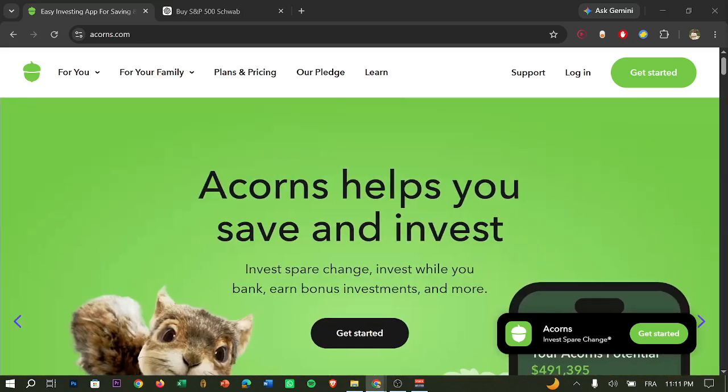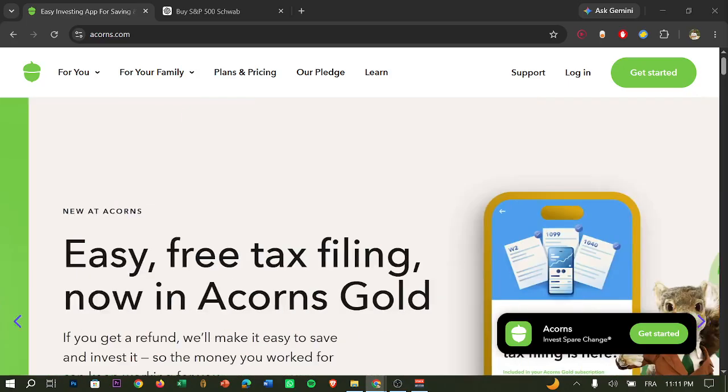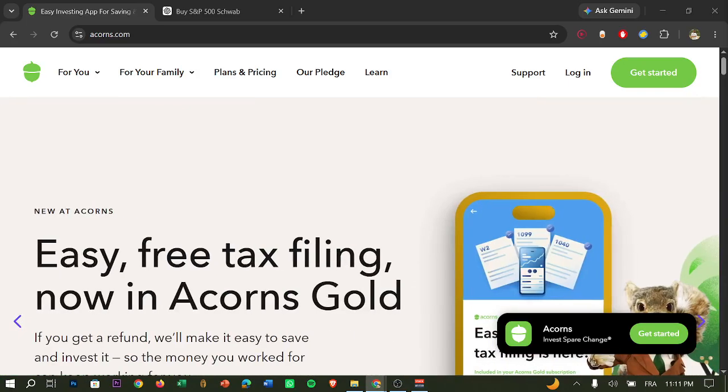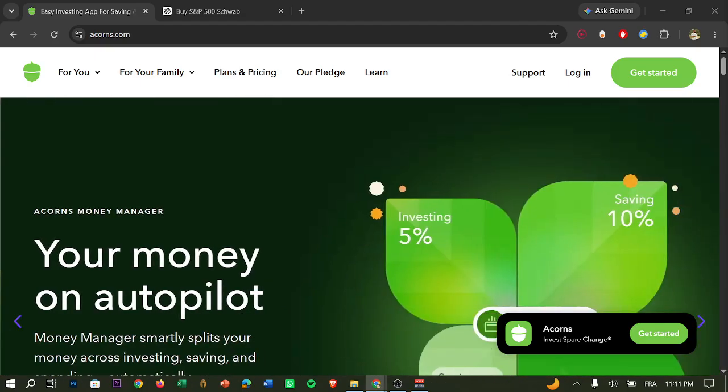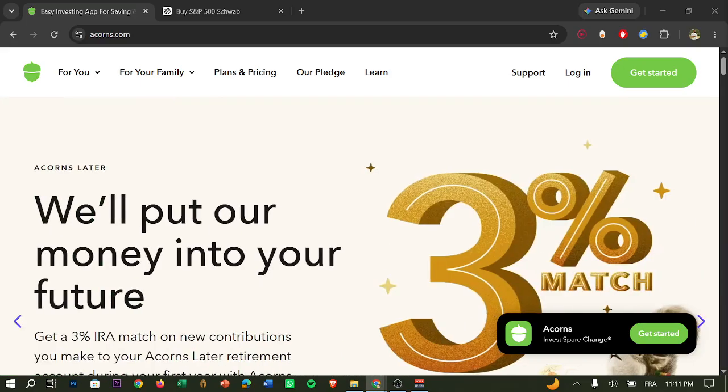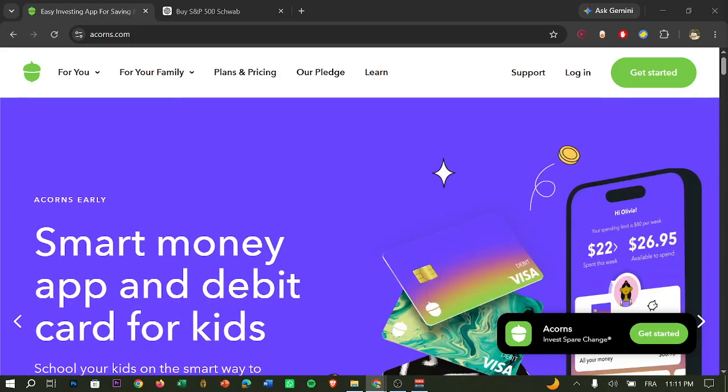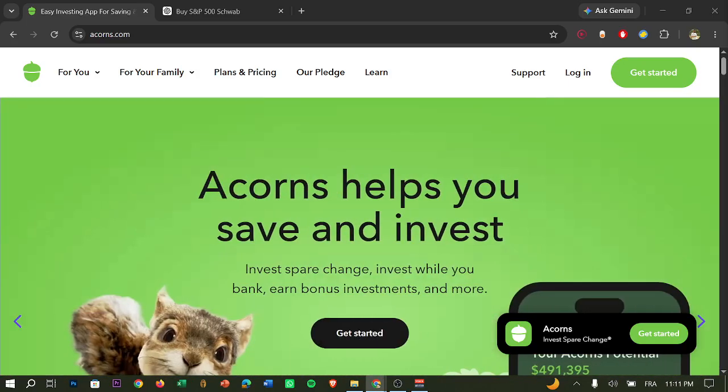So buying an S&P 500 investment on Acorns is a little different from traditional brokerage apps. Acorns is designed as an automated investing platform that uses diversified ETF portfolios, many of which include exposure to the S&P 500. Acorns also offers custom portfolios that allow eligible users to add specific ETFs directly to their investments. So in this guide, I'll show you step by step how to buy the S&P 500 on Acorns in 2026, simple